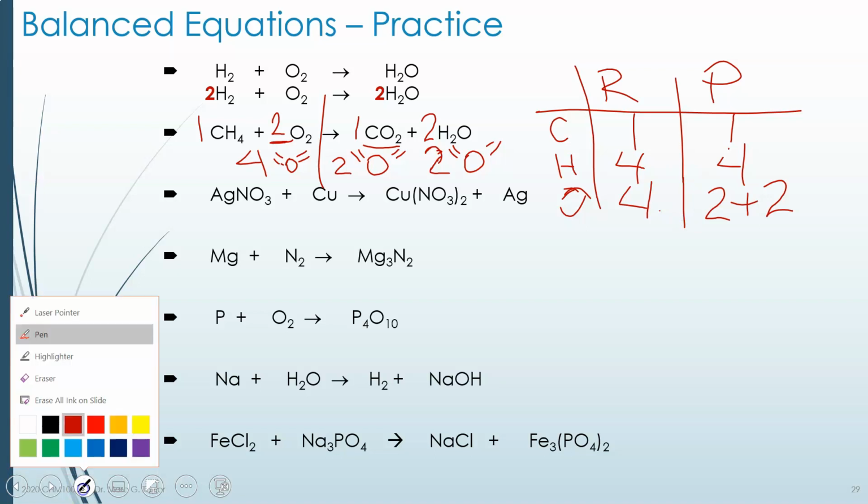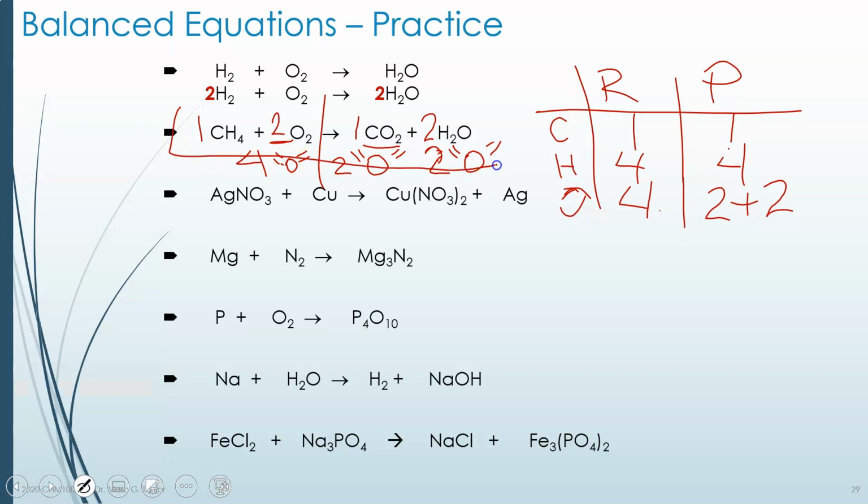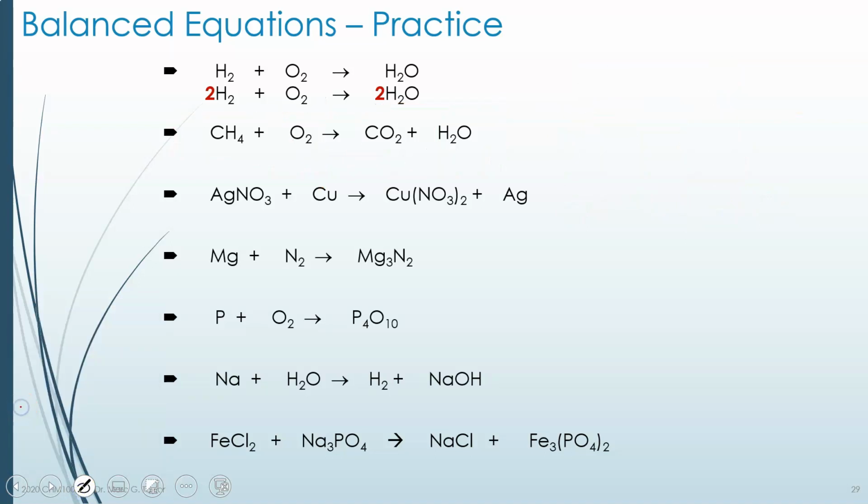The only thing left to check would be to make sure our ratio of 1, 2, 1, 2 is as low as we can go. Is there anything we can divide all those numbers by and still have whole numbers? Well, we can't. We can't divide it by 2 because each of the ones will become 1/2. So this is the simplest ratio, and this would be our answer. And I'll just show you right here. That is our answer. 1 methane plus 2 oxygen gas molecules gives 1 molecule of carbon dioxide and 2 molecules